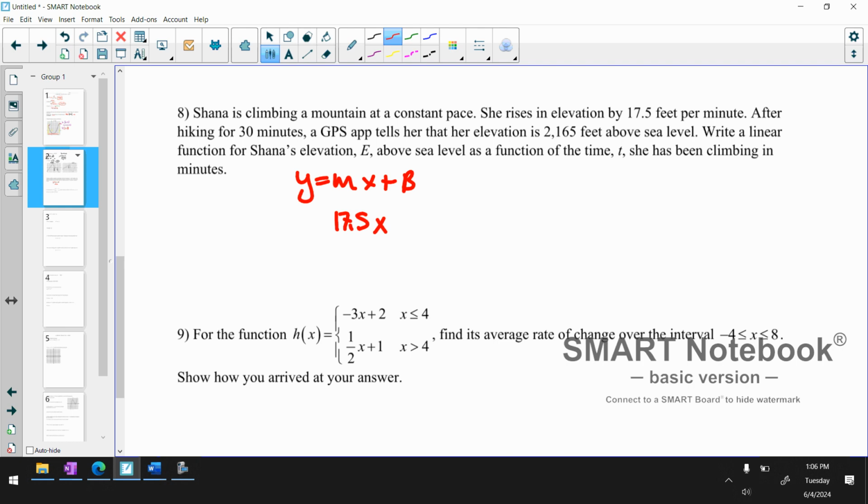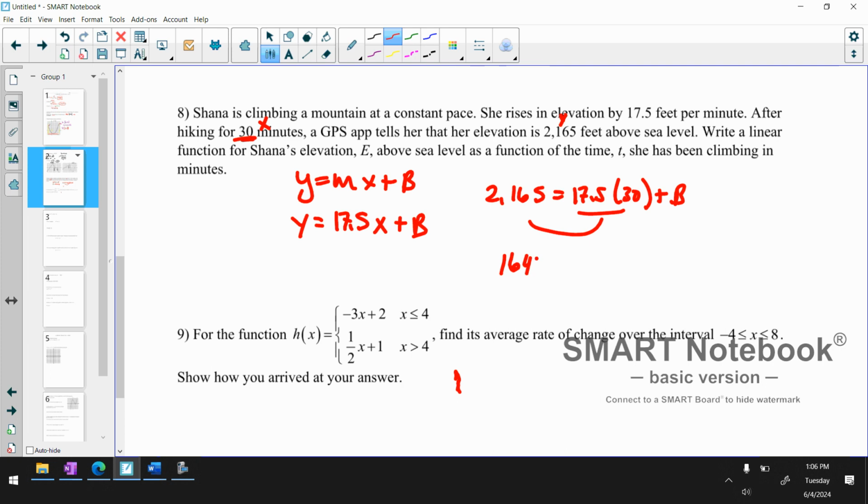So then it said, well, I'll just rewrite it. So the only thing we know in this equation is slope. But then they say she hikes for 30 minutes, and it tells her she's at 2,164 feet. So that is my x, that's my y. So I'm going to plug it in. And I'm going to find what my y-intercept is. Where did I start climbing? Right? So I solve that. I multiply those together. I subtract them over. My final answer is